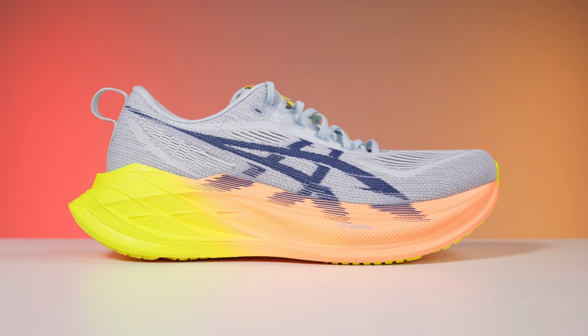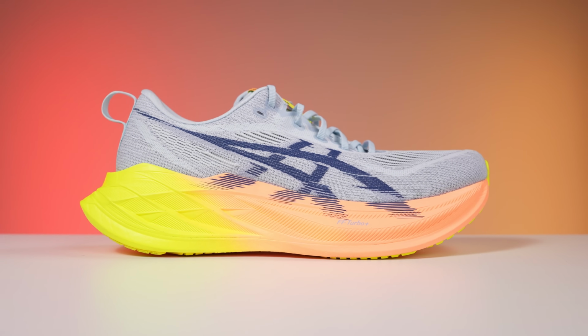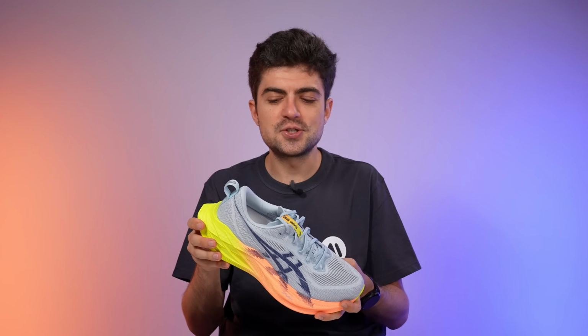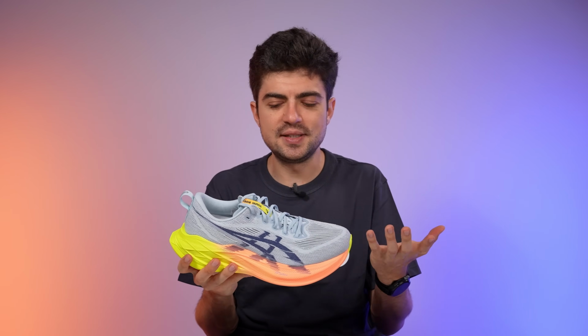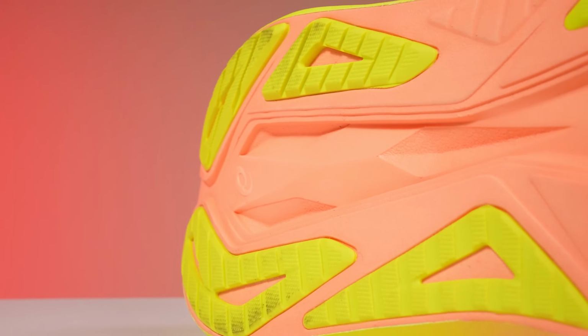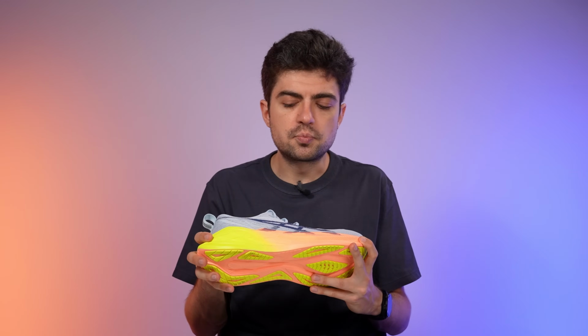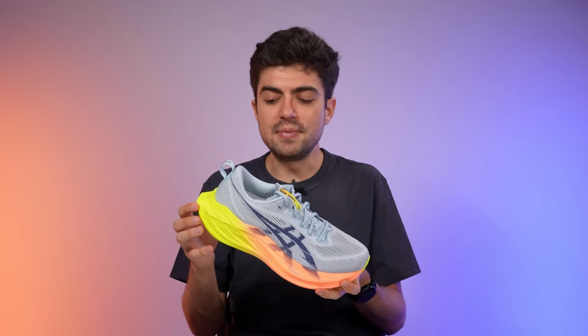This shoe is a bit more of a bouncy ride, but not in a fast way, more in a pleasant cruising type of way. And therefore I feel like if I had to change the way I'm using my Superblast, which is not necessarily going to be the case, I would maybe lower a bit the paces I'm taking this shoe at compared to the OG Superblast. Again, I feel like this is a bit of a hair-picking difference, because at the end of the day, the two shoes feeling quite similar, I would probably keep on using it for many, many different rides, many different purposes